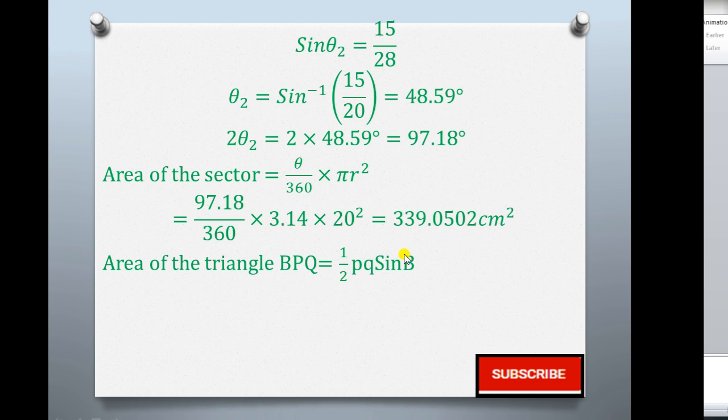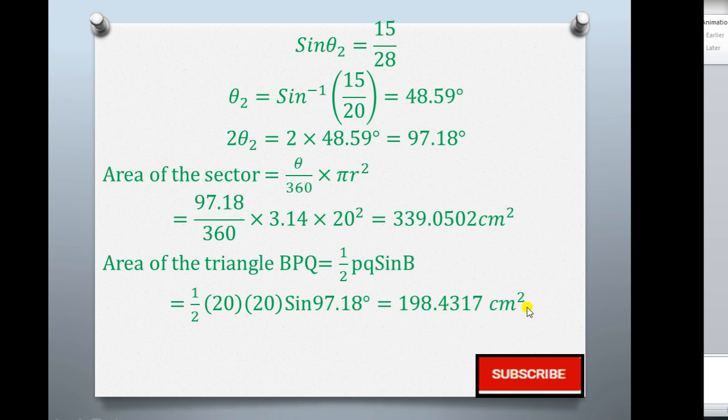Then we also get the area of the triangle. This time we're looking at the angle at B, so that is why we have sine B, but PQ still remain there because they are the sides that we have. So if you do the substitution, it will be a half into 20 into 20 sine 97.18 degrees, and this gives us